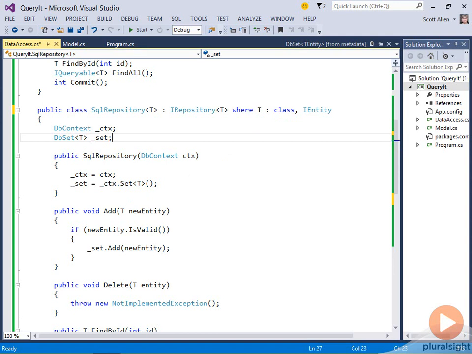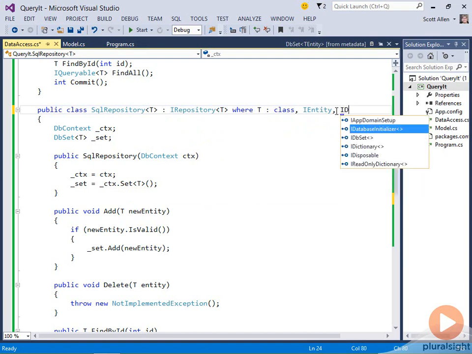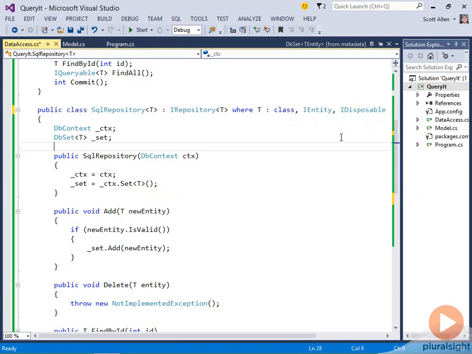You can also have as many interface definitions as you like. So you can have the iEntity interface. I could also say that T has to implement the iDisposable interface, the iAnything interface. T will need to implement all of the interfaces that I list here. Some of the low-level interfaces of .NET are useful here. Interfaces like iComparable allow you to compare two objects of type T that are being passed into methods in the generic type. You can also list a class here